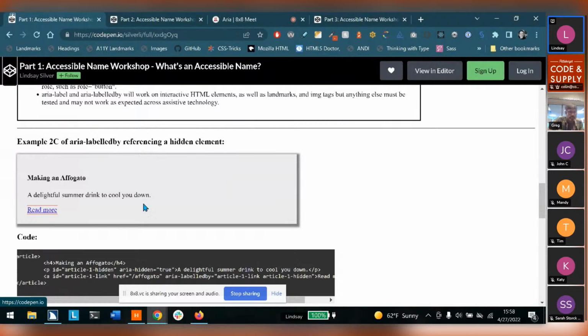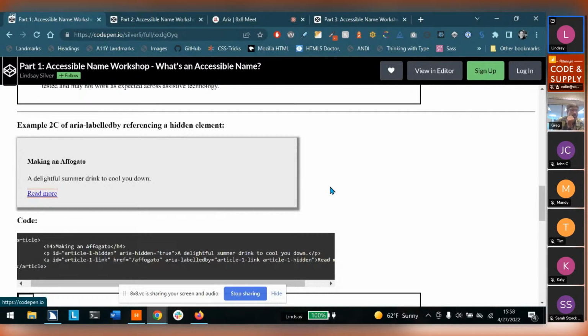Awesome. And then there's a question from Sarah. It says, ID is hard to use in some templating frameworks. Are there any other ways to use aria-labelledby? There's no other way to use aria-labelledby besides referencing IDs. There is some tricky stuff you can do, so you can kind of manufacture IDs on the fly, but that gets tricky. And what I would recommend in cases like this is to simply use the ARIA label